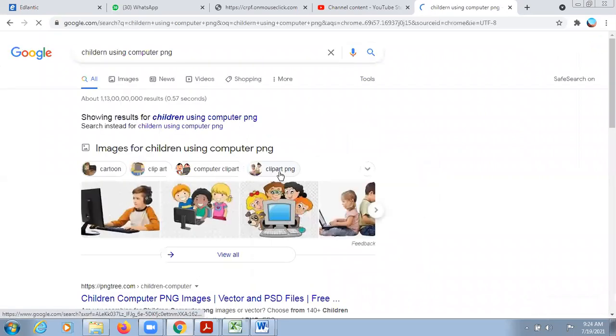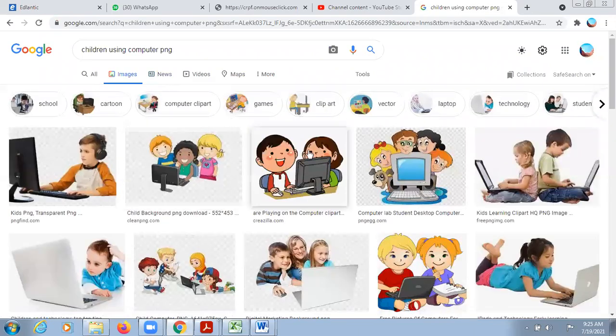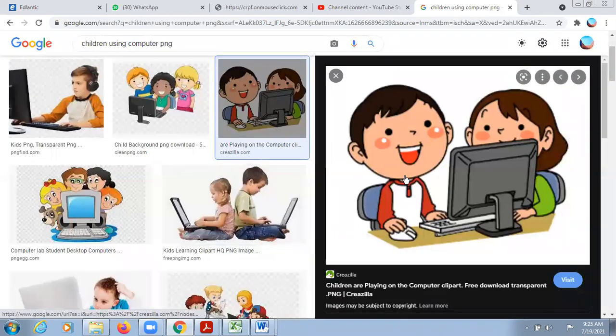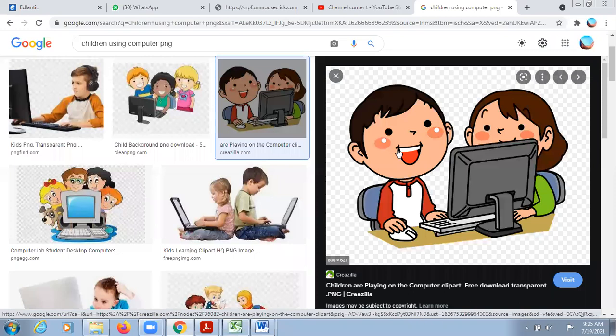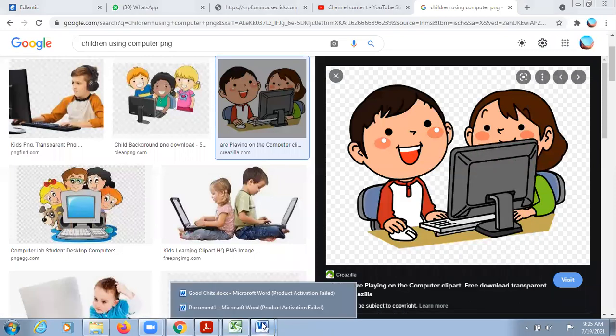PNG images are those images which don't have any background with it, right? So we can go to image and let's check whether this one is a PNG or not. So yes, it is a PNG. Copy this image, paste it on your screen.